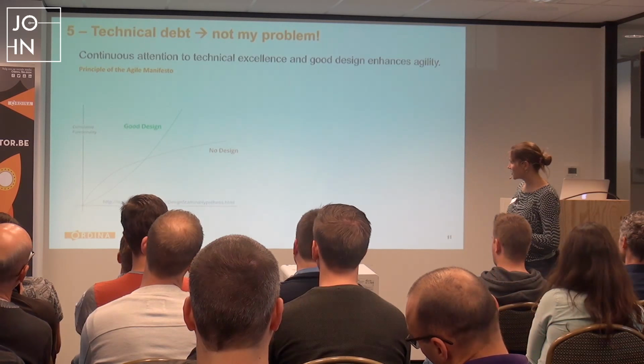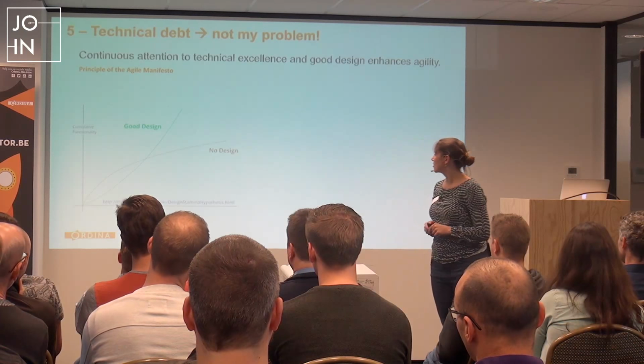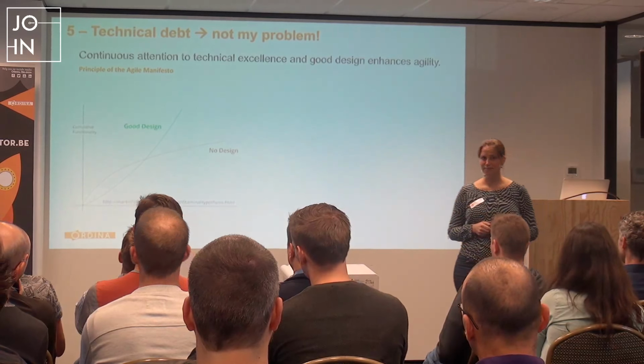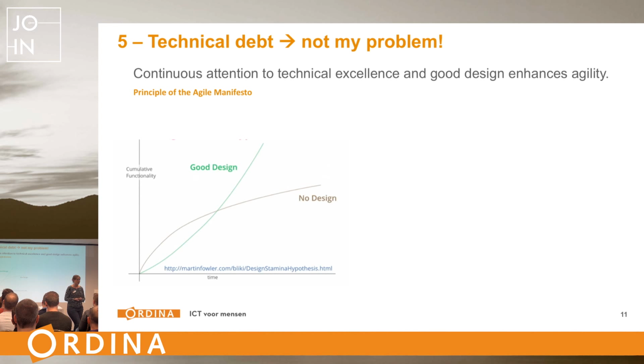I don't know if you ever heard of Martin Fowler's theory on design stamina. It actually says if you lack attention to design or have bad design, the cost of a future feature increases exponentially. And you are not able to actually add any more features at a certain point. I see a lot of agile projects going very well the first 2 years, and then it takes about 5 months to add another background color. Yeah, that's not how agile is supposed to work.